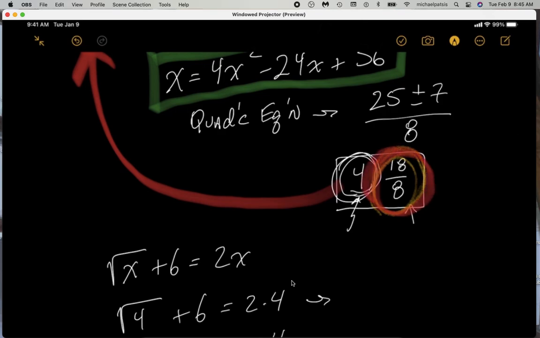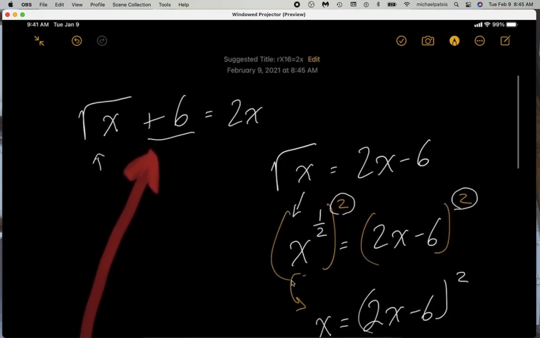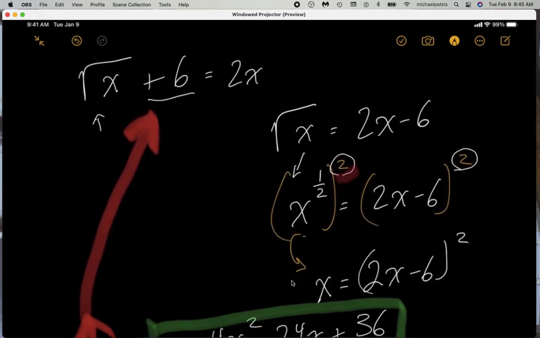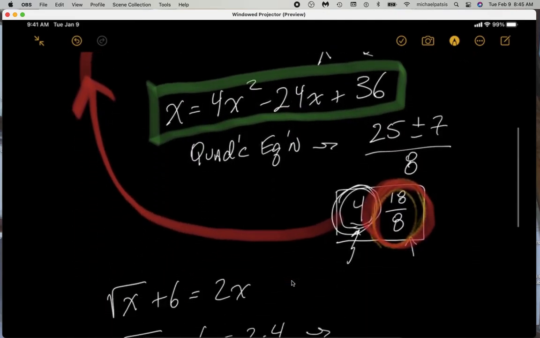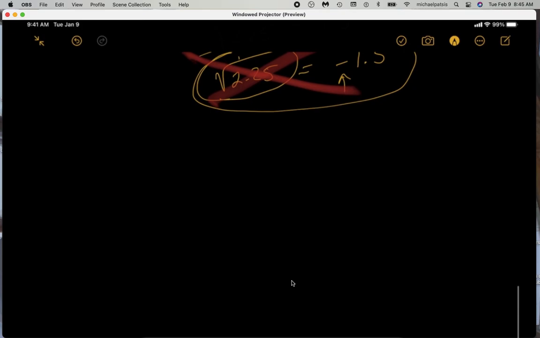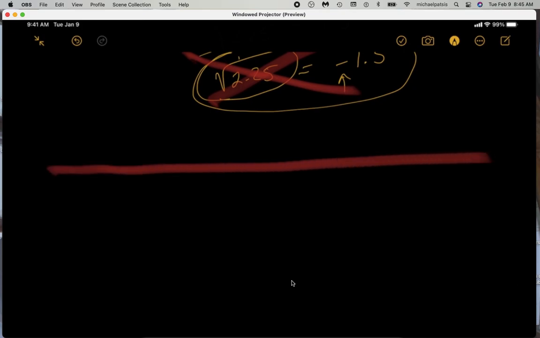Okay, in the next video, I will review the worksheet. Don't forget, when you square both sides of an equation, you have to check your answer. And the way I remember this is, even though it applies to any even power,